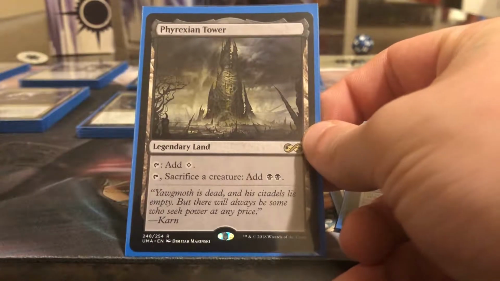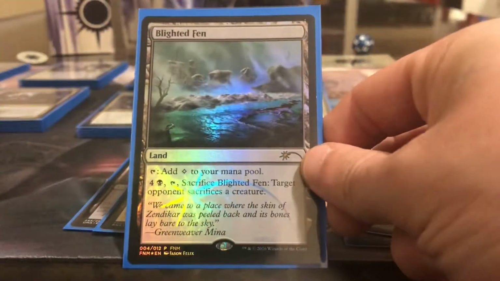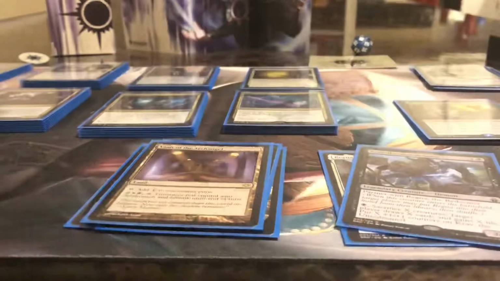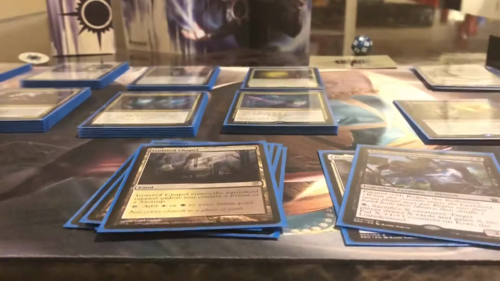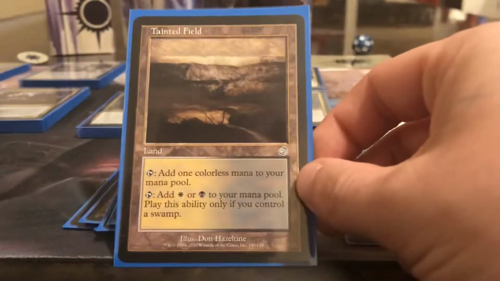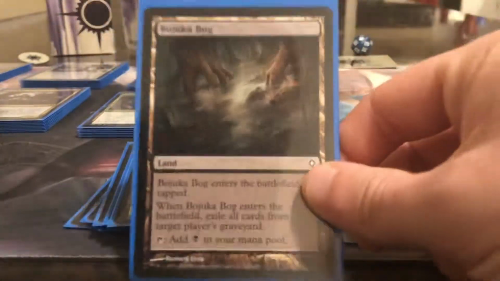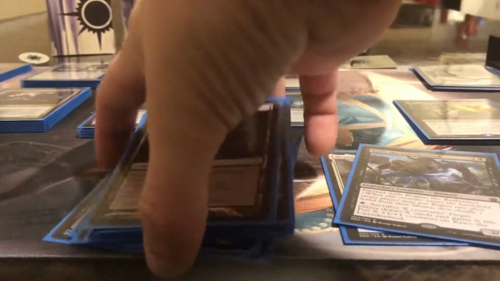We've got Phyrexian Tower, add colorless or sacrifice a creature to add two black. Orzhov Guildgate, Blighted Fen, Vault of the Archangel, Isolated Chapel, Caves of Koilos, however you want to say that, Tainted Field, Fetid Heath, Temple of Silence, Shambling Vent, Bojuka Bog. Feel like that's almost in every black Commander deck. Command Tower,